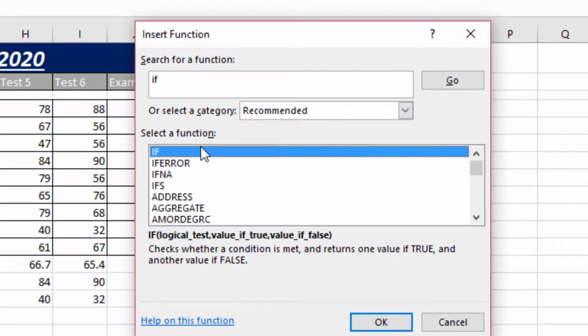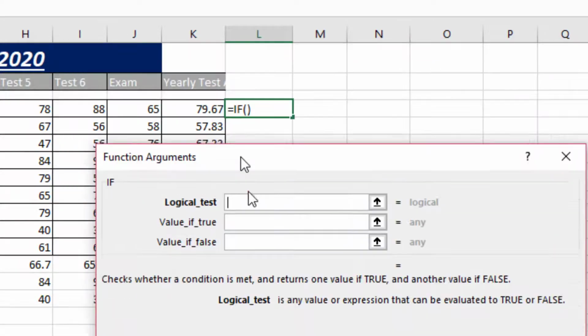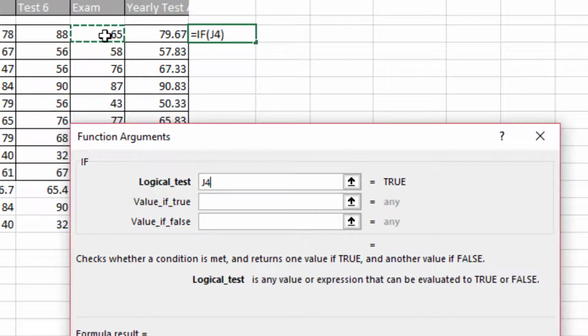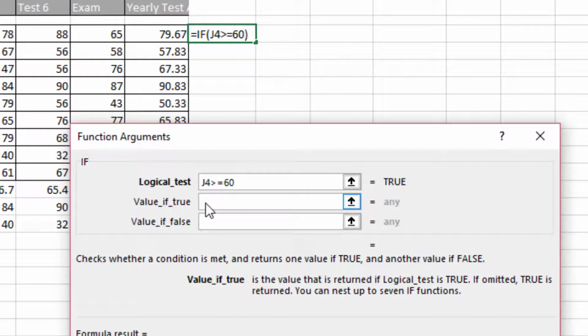So I will double click if. For the logical test, we want to check if this examination mark, which is in cell J4, is greater than, or let's say the pass mark is 60%. We want to check if it is greater or equal to 60%, because the pass mark is 60% upwards. As you can see here, it's true because the student actually obtained 65 in the exam. So we want to print the words